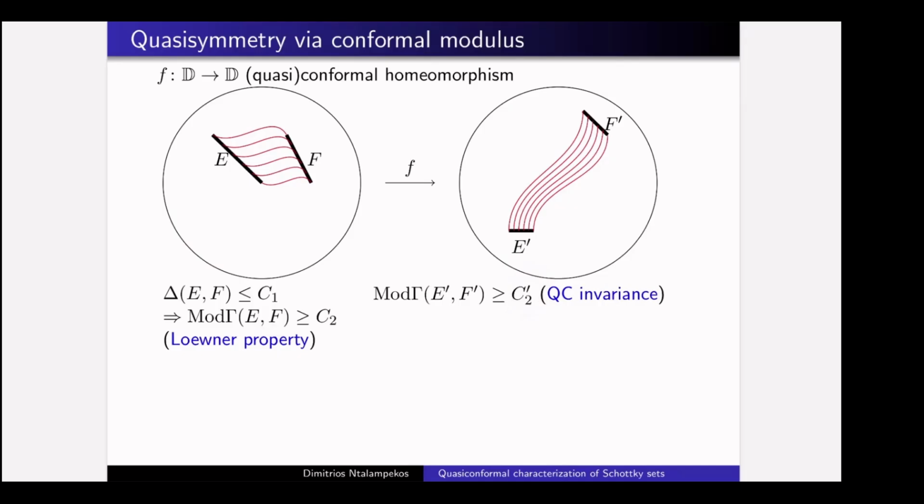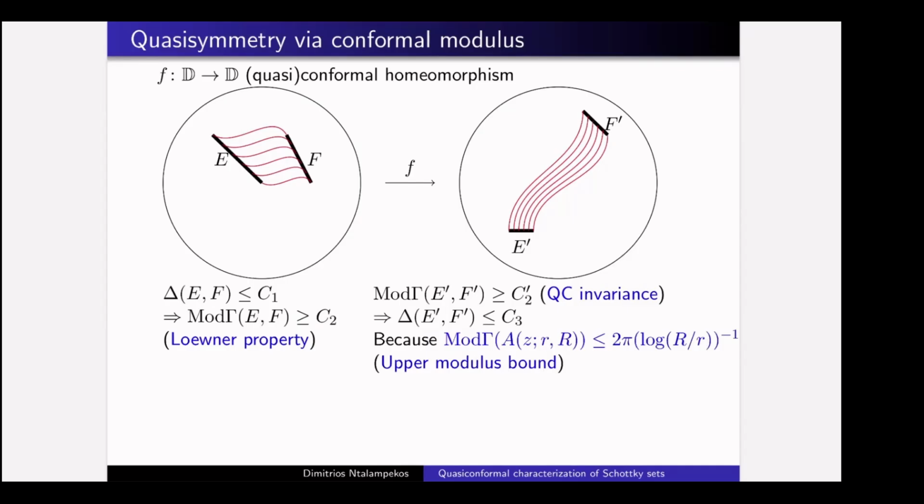And somehow now we want to derive from this that the relative distance of E prime and F prime is bounded from above. So we want to derive that the continua E prime and F prime are close to each other and they are large. This is in some sense the reverse of the Loevner property, but it follows from a certain modulus